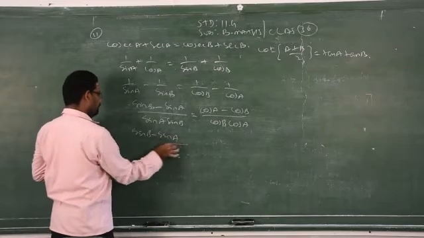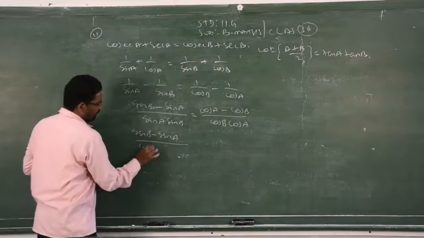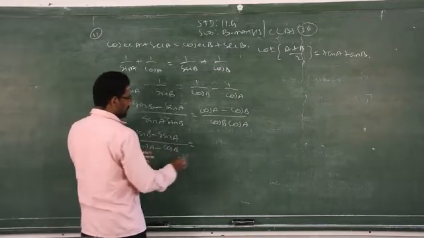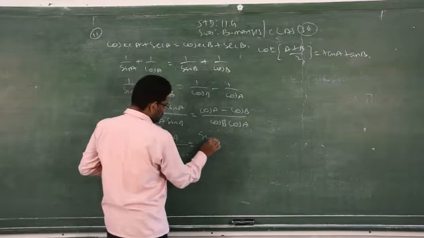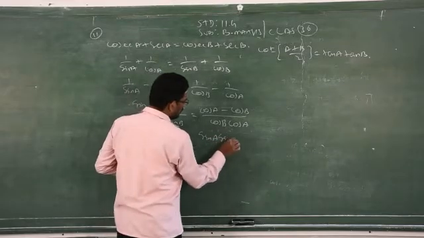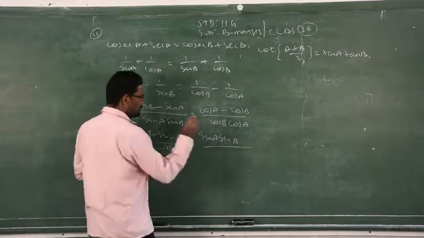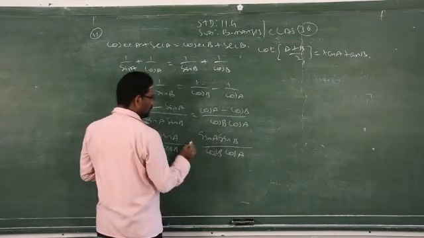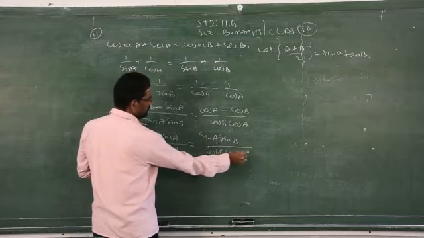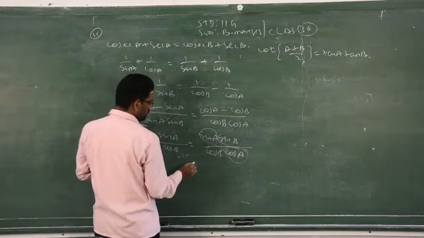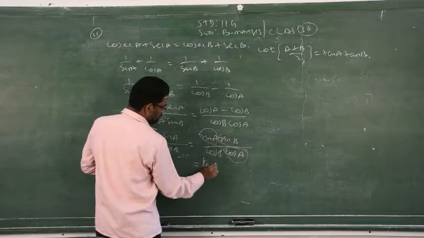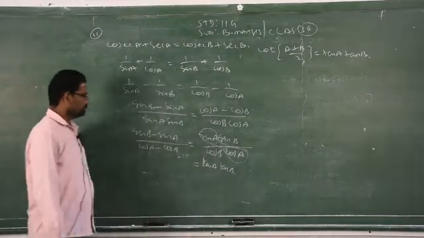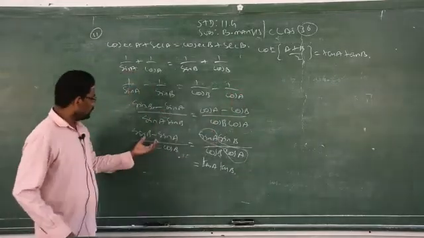Even if you follow the previous method also, you will get it. But a few steps should be increased when you compare this method. So don't think that that is the wrong method. That is also correct. So now it will become sin by cos A. When you compare, sin by cos A is tan A, and sin by cos B is tan B. So I got the right hand side, but I have to get the left side.